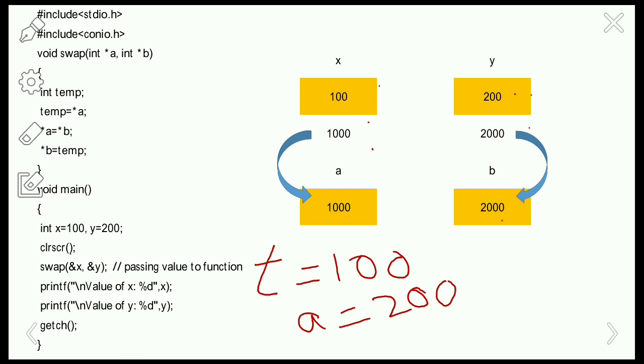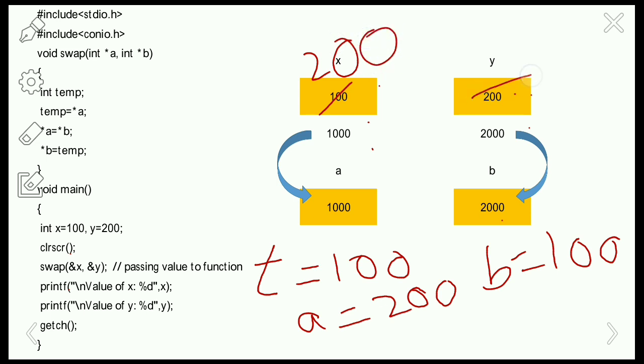So we are going to take the value at b equals the temporary variable, that is 100. So here we are swapping the two numbers. Now what will happen here? The x value will become 200 and the y value will become 100, right? So these are the updated variables.